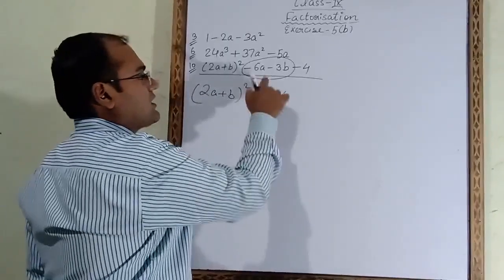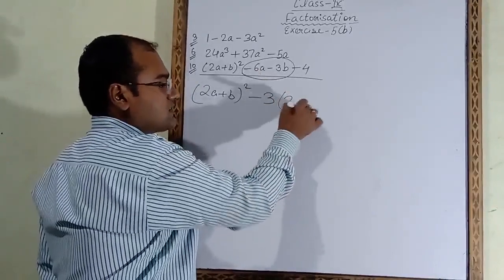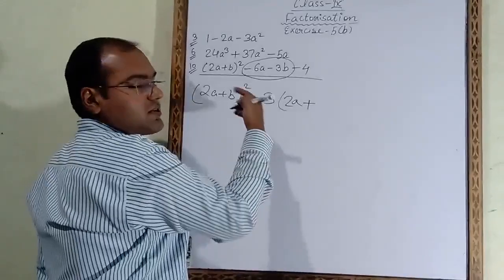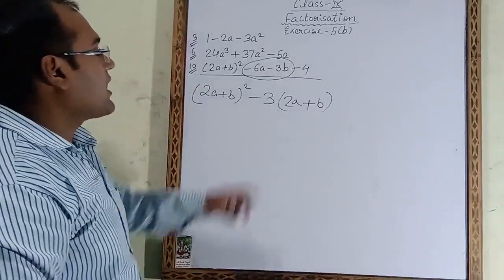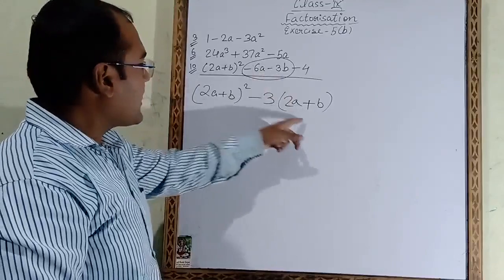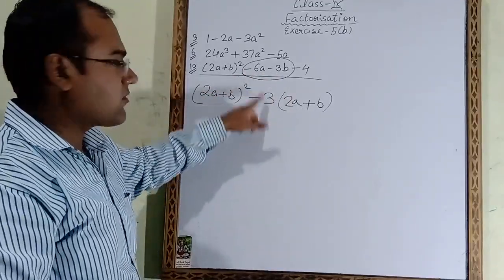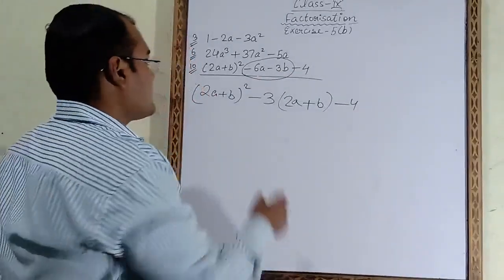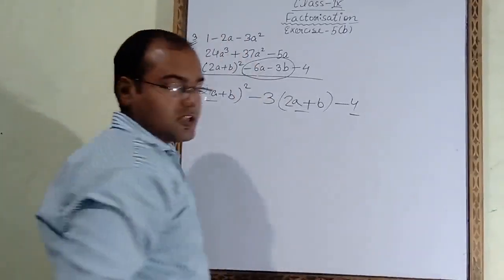So after taking minus 3 common, minus and minus will become plus. From 6 we have taken 3 common, 3 twos are 6, so 2a we have to write, and minus minus plus. 3 we have taken common, so 3 will get removed. What will be the remaining number? b. So if we take minus 3 common from these two, we will get 2a plus b in the bracket, and 2a plus b is coming here also. So we have to take common here from these two terms, and minus 4 we have to write as it is. Now next step is 2a plus b is coming in both the terms, but what about this third term? Here 2a plus b is not coming.